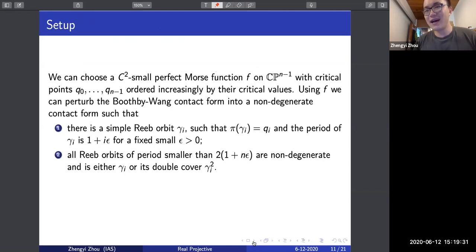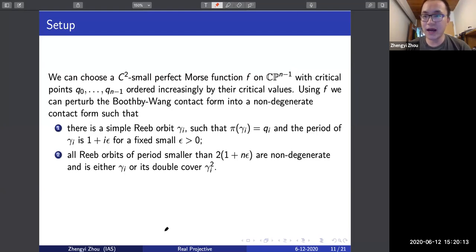All right, so next I will move on to the actual setup of proving the theorem. I will tell you the symplectic cohomology model I will use. First I need to use a specific contact structure on the boundary. This RP^(2n-1) has a very nice Boothby-Wang contact structure, which is a Morse-Bott contact structure, but I'm going to perturb it into a Morse non-degenerate contact structure. You can do this by choosing a perfect Morse function on CP^(n-1), and you pick the critical points Q0 to Q(n-1), order them by the critical values, and the